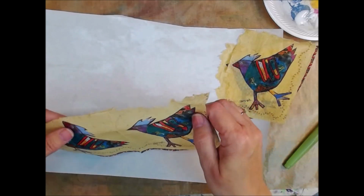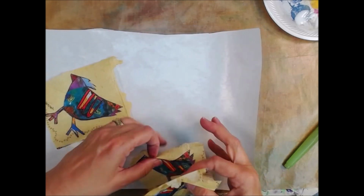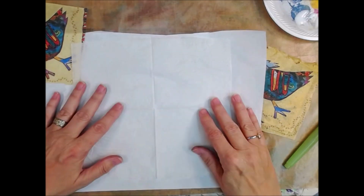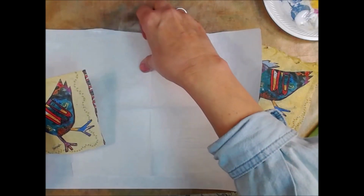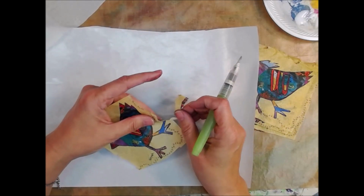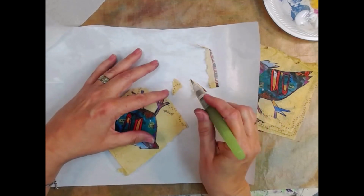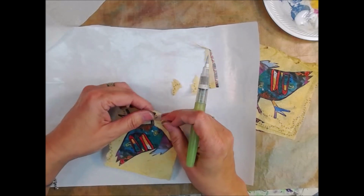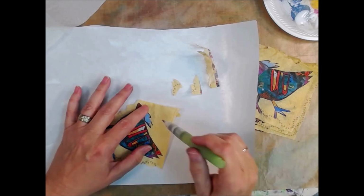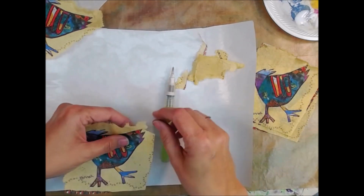I don't know. Okay, so here I'm just going to show you how you can essentially collage with paper napkins, but we're not collaging onto other paper. Okay, so here's the little trick. Well, that's not entirely true. We're going to collage the paper napkin bits onto a piece of the white backing, because your napkins have 1 to 2 layers of white paper underneath the design part. Okay, so you want to peel them apart. I'm going to show y'all in a little while because my video got all out of